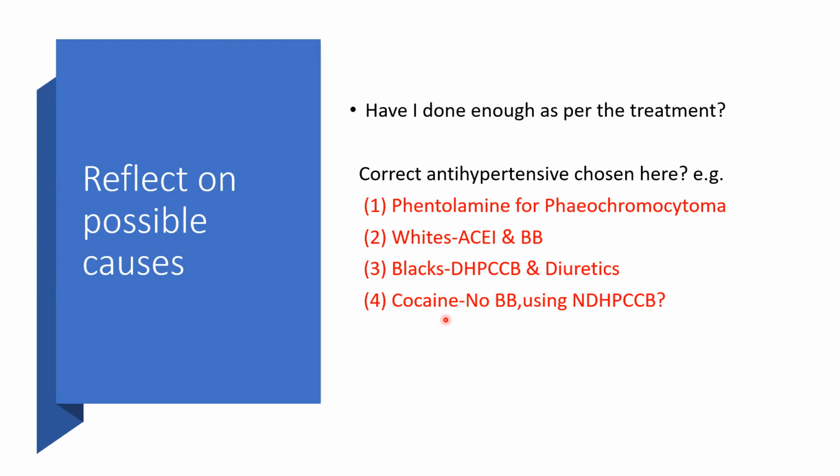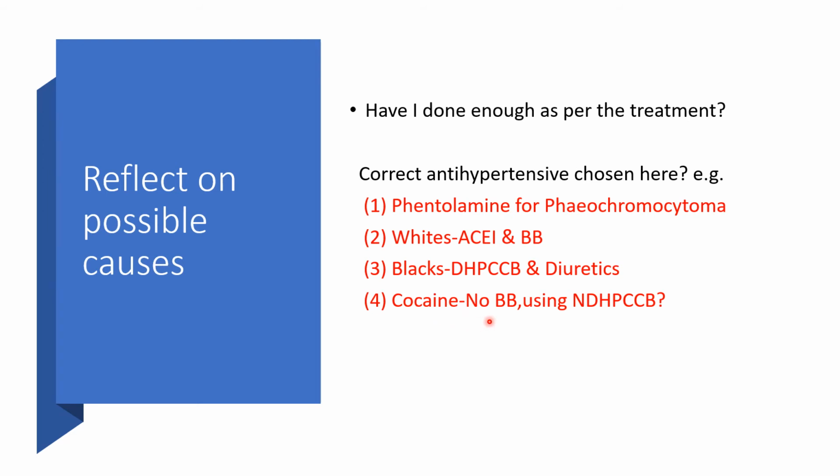In cocaine, you are not going to win if you give anyone with cocaine beta blockers and you think you are treating the hypertension. No way, you are not going to win. That BP will be skyrocketing because it's like two people are fighting. You are holding the hand of one, and then the other one is free to keep throwing the punches. So alpha will start working and shooting the BP off the roof when you give beta blockers in cocaine-induced hypertension,